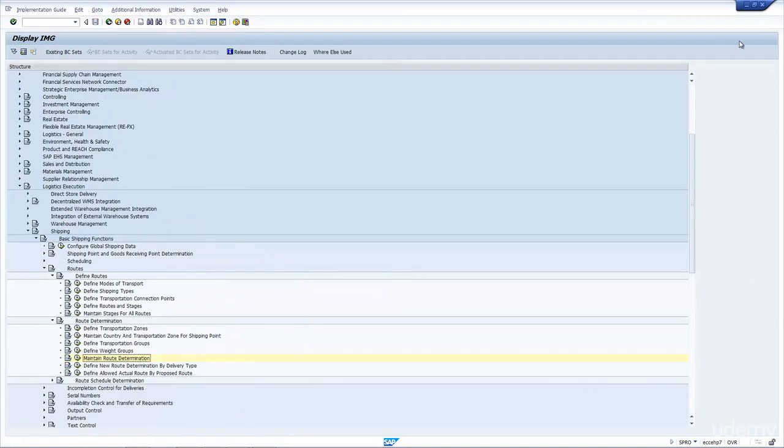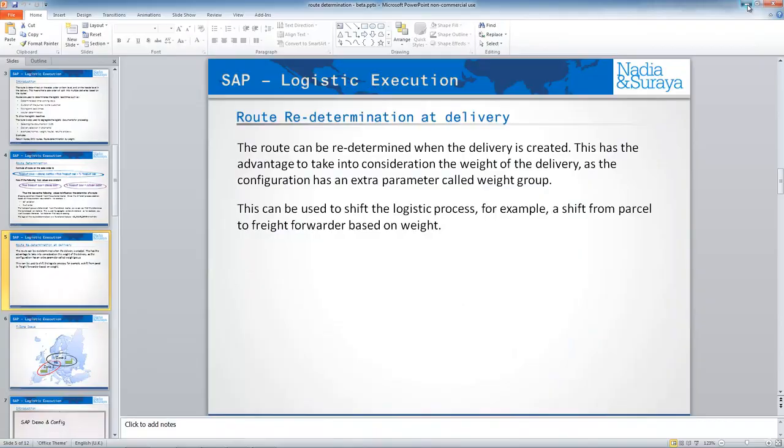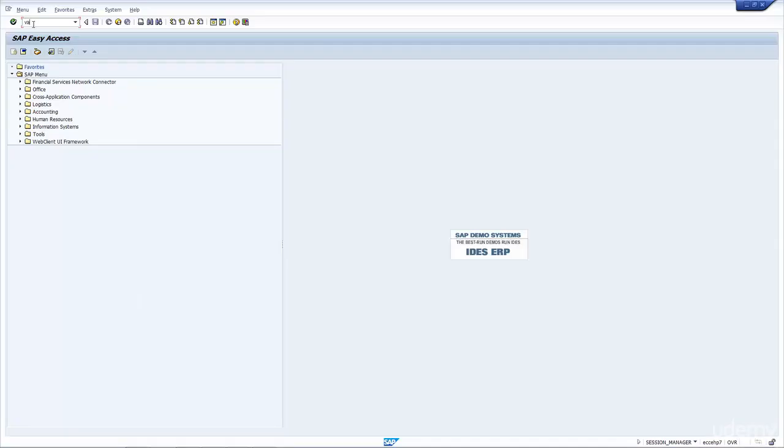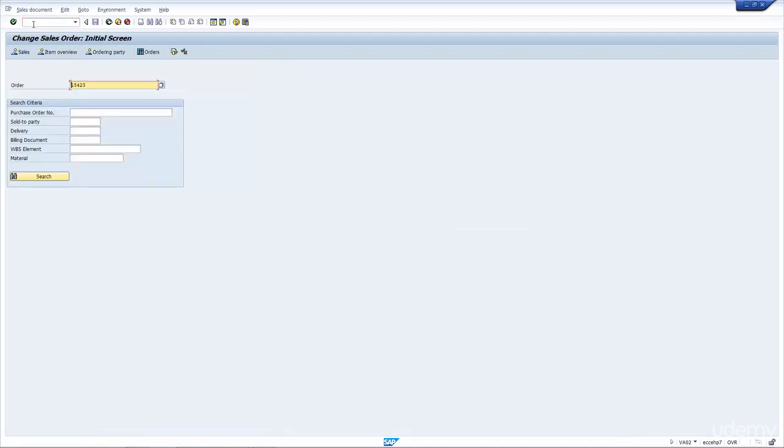Let's go back and create a new sales order and try changing the shipping condition, and see how this affects the route determination. So I'm going to go to a sales order that I've created before. This is the sales order I've created. So if I go in,